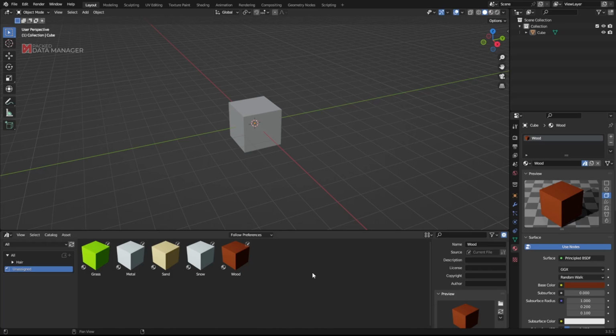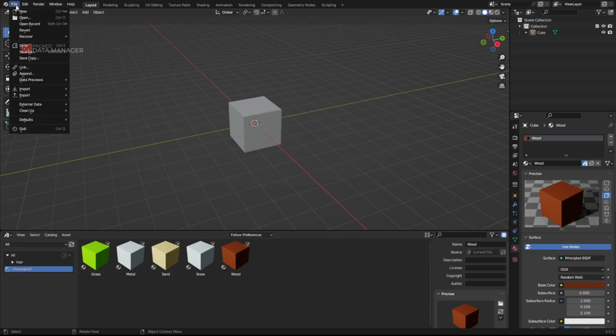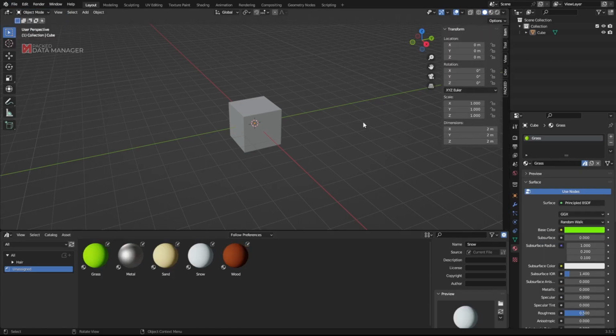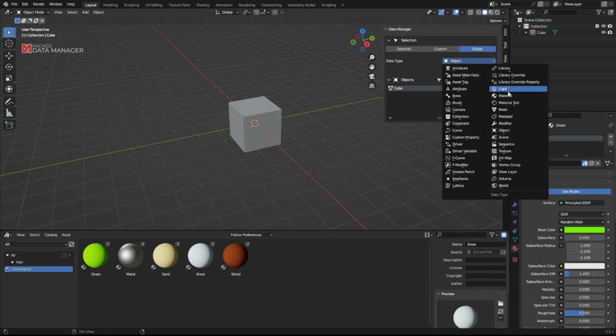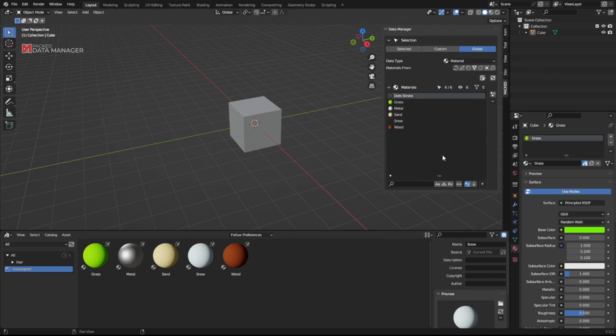So let's see how we can achieve the same thing in a fraction of the time with Packed Data Manager. I'm going to revert the file and open up the add-on panel. Now, in this case, we want to modify all materials. So we're going to have to change to global mode, select the data type to material, and now the list lists all materials available in our blend file. There's this dot stroke material, which is part of a grease pencil. It's not an asset, so we don't want this to be manipulated in any way.